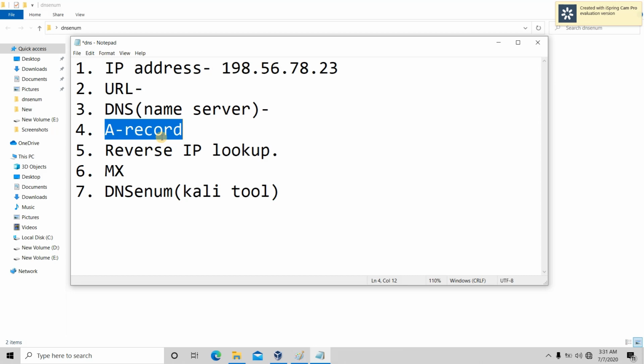Now let us look at what is a reverse IP lookup. DNS name server is used to convert the URLs into IP addresses, reverse IP lookup is exactly different.